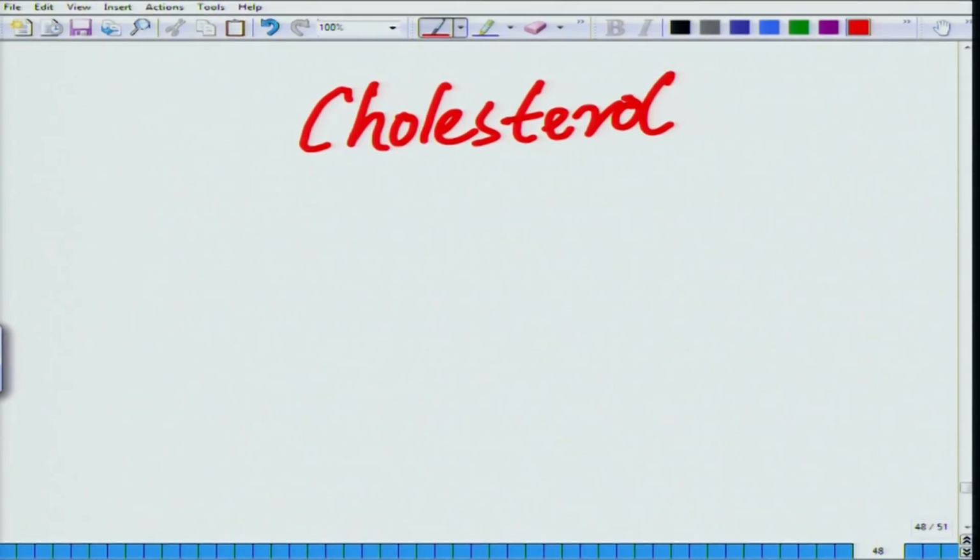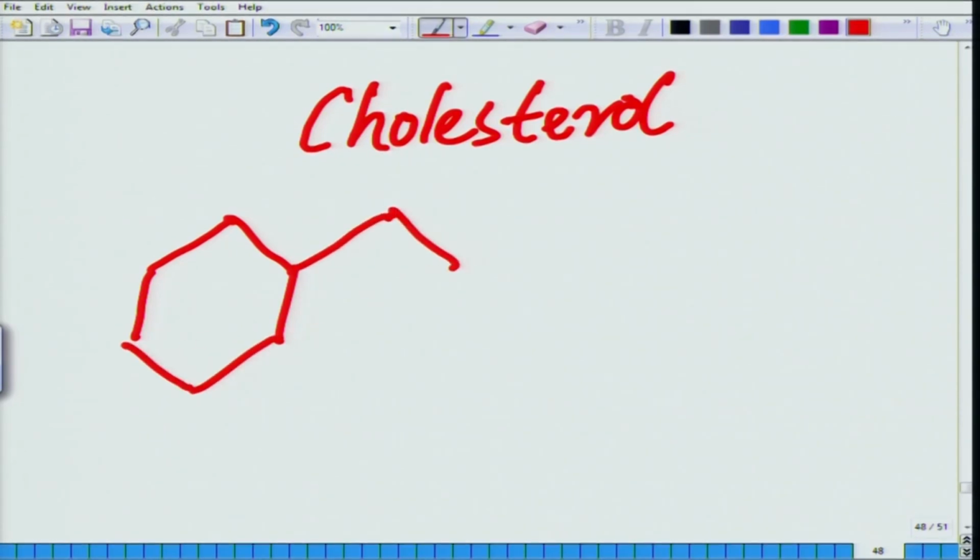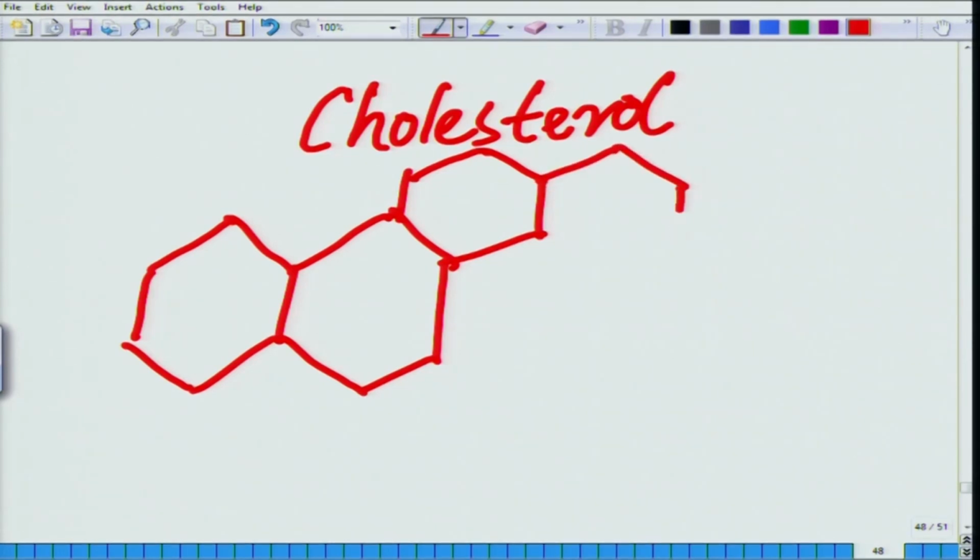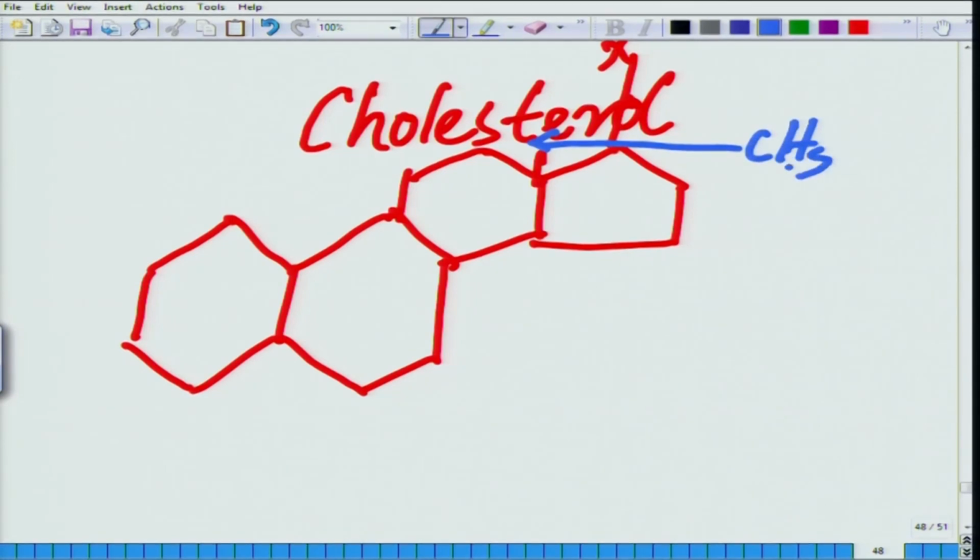We talked about the phospholipids and the glycolipids. Now, this is the third moiety in that structure. This is a very profoundly important molecule in biology and evolution. This is how the structure of cholesterol looks like. It is a fairly big structure with the X. I will mention what X is, and you have one CH3 attached here. You have another CH3 attached here, and you have an OH hydroxyl group attached here, and this X equals to